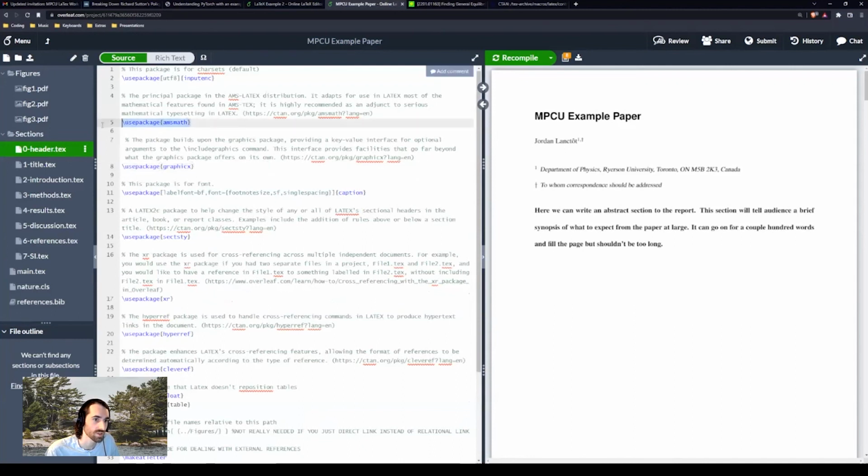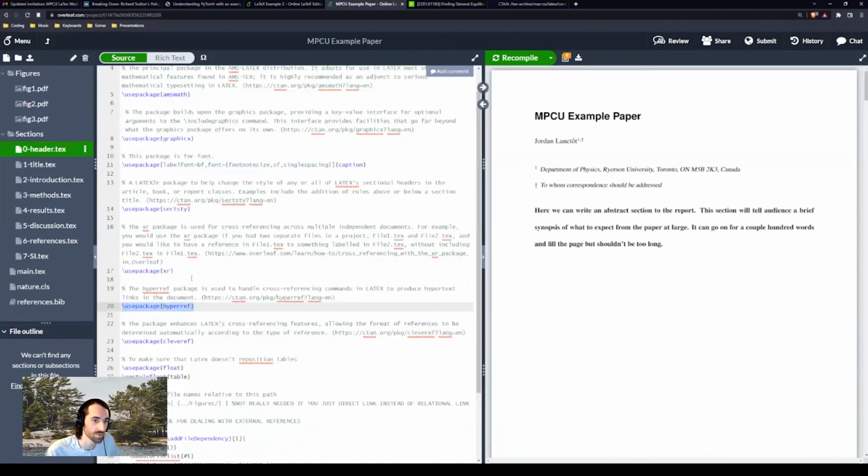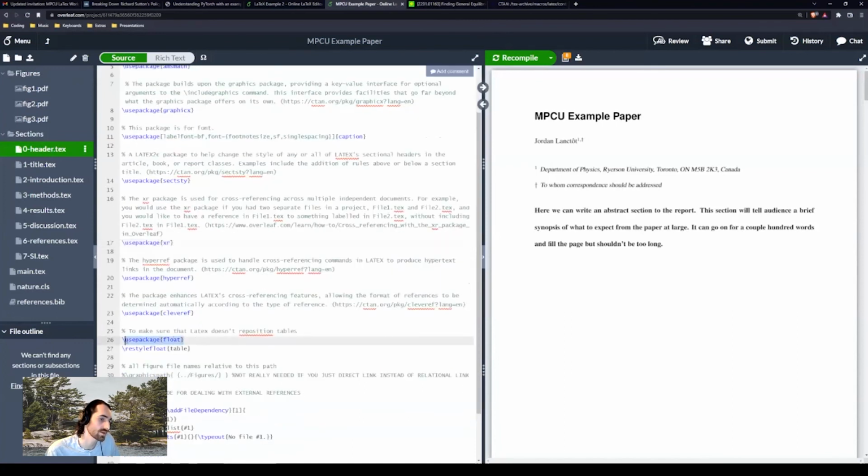So one we really touched on was the AMS math. Another one that is super useful is the hyperref stuff. And I even today used the float package along with table so that when I use the square bracket H in the opening tag of the tables, it makes sure that they land on the page exactly where they appear text-wise, and they don't jump around like you're used to in Word. When you move around an image, the text moves all around. So